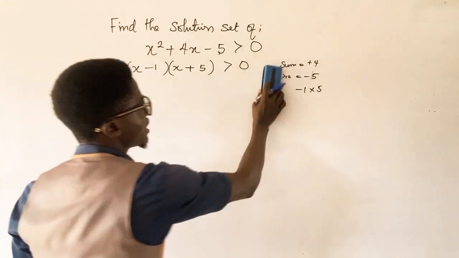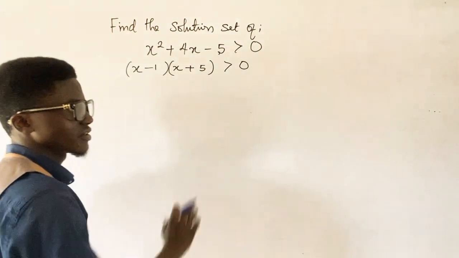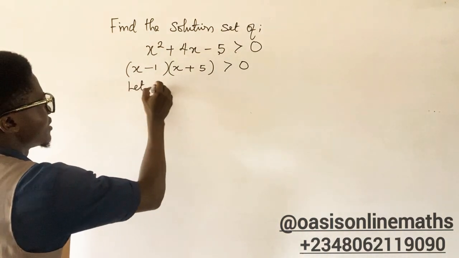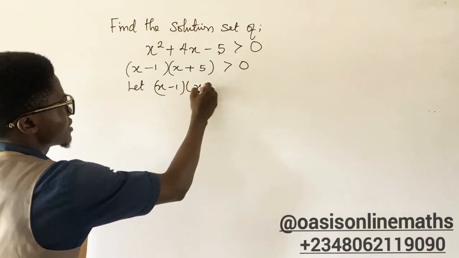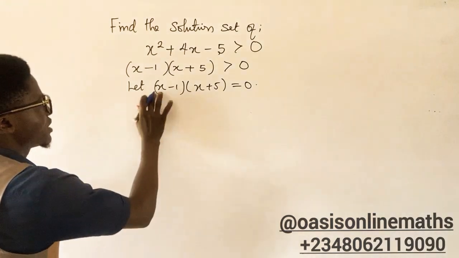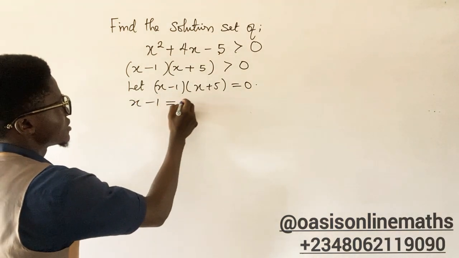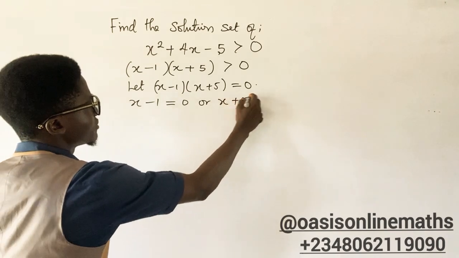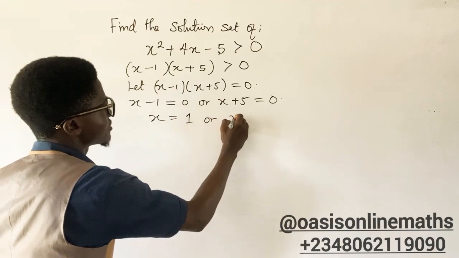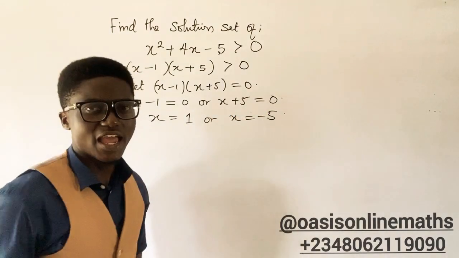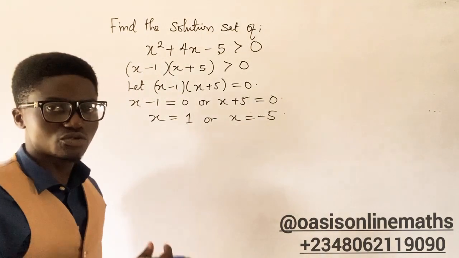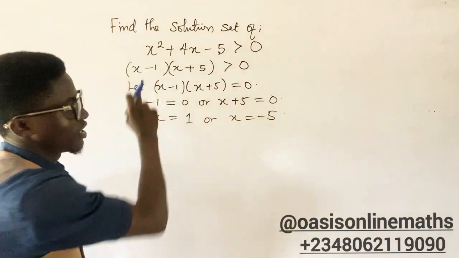Now, having factorized it, what is the next step we are going to take? Let's say that x minus 1 into x plus 5 equals 0. Then it shows that x minus 1 is equal to 0, or x plus 5 is equal to 0. Hence, x is equal to 1 or x is equal to minus 5. Having obtained these two factors of this equation,